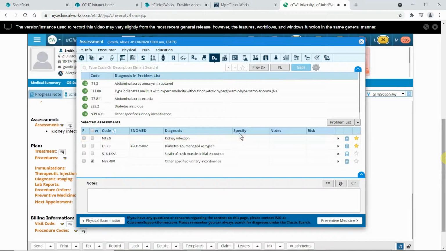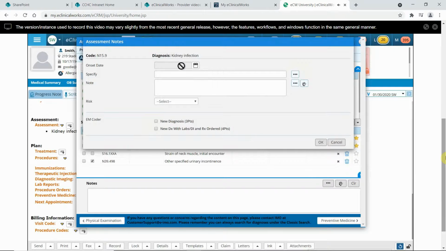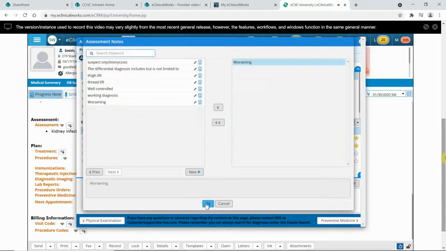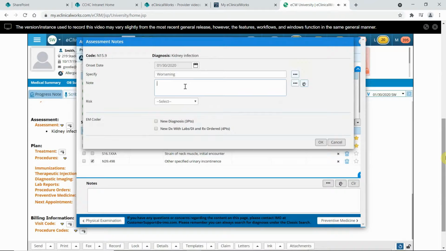Select the columns under Specify, Notes, or Risk to add additional details for that assessment. Additional details can be the onset date. Specify additional details using the Browse Ellipsis button. These assessment notes can be added by a user that has permissions to customize the progress note. Click OK to save. You can also add additional notes, the risk,